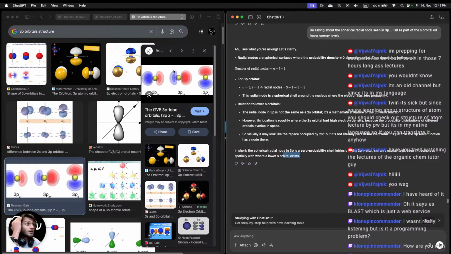Like it is staying exactly where the last s orbital node is. So it is basically also where the